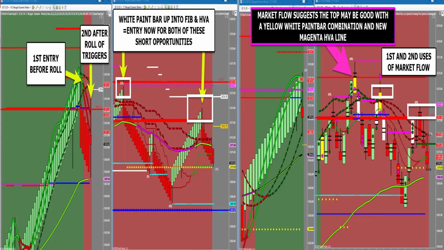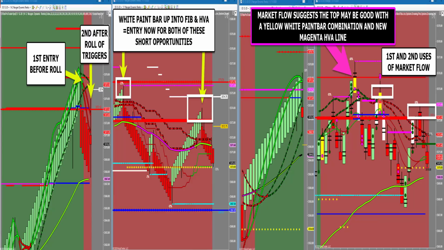But we also had a pivot stop out at a prior divergence on the 21.3 chart. And on the market flow chart, this is the sealing the deal for us, divergence and a yellow-white paint bar. So we know it's probably going to be a good top before these charts ever even roll,